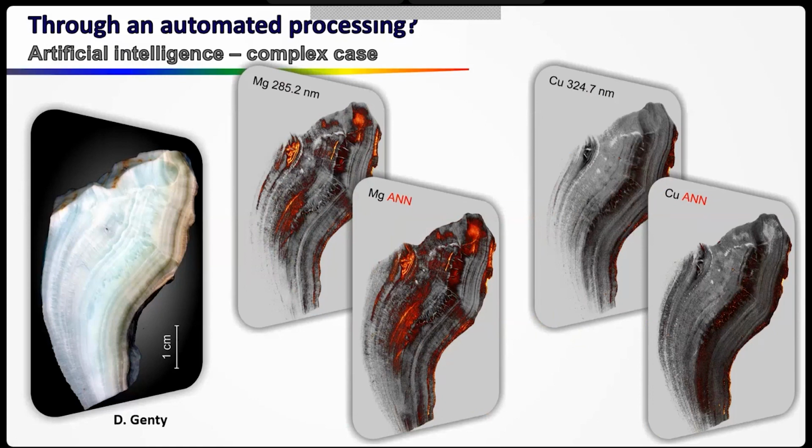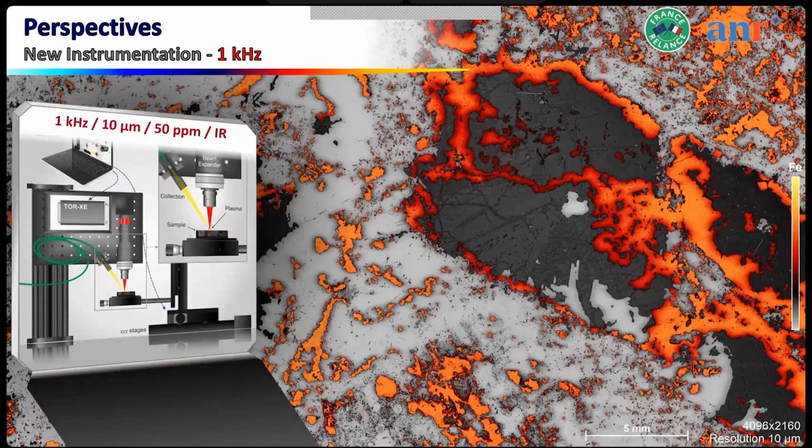And more importantly, the value of the pixel is a concentration and not an intensity. This also allows us to get rid of the matrix effects, because in your simulated spectra, you will process this at different temperature, electron density, and so on. Okay. Next,